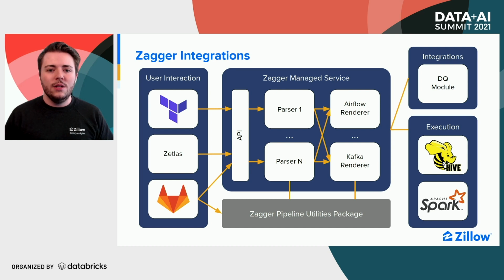Working left to right, we've designed this service with an access layer that's UI independent. Through standard REST access, a user can create the pipeline through Terraform, Zetless, or even GitLab CI/CD. We want to make this service as flexible as possible to allow for more UI tooling to be built on top of it. And looking into the ZMS section at the center of the slide, I'll cover a few key